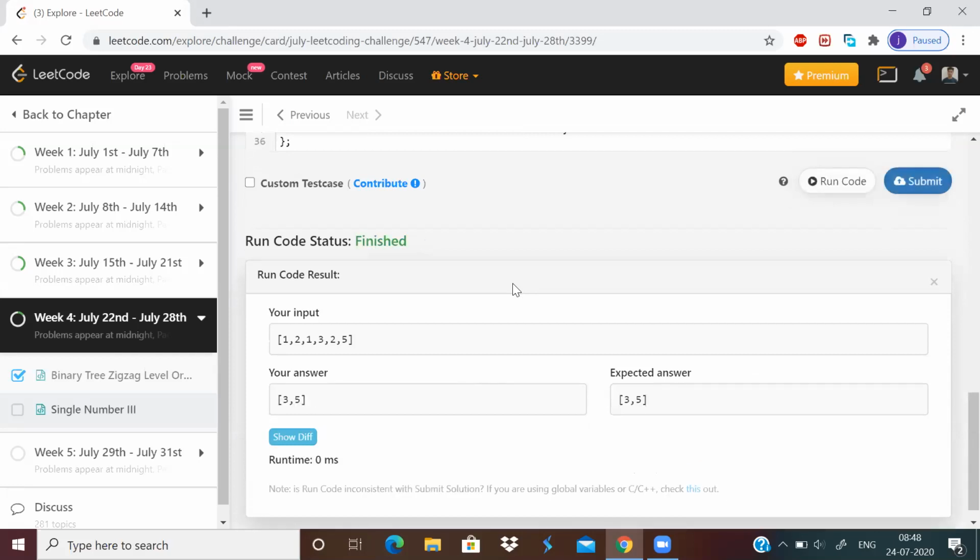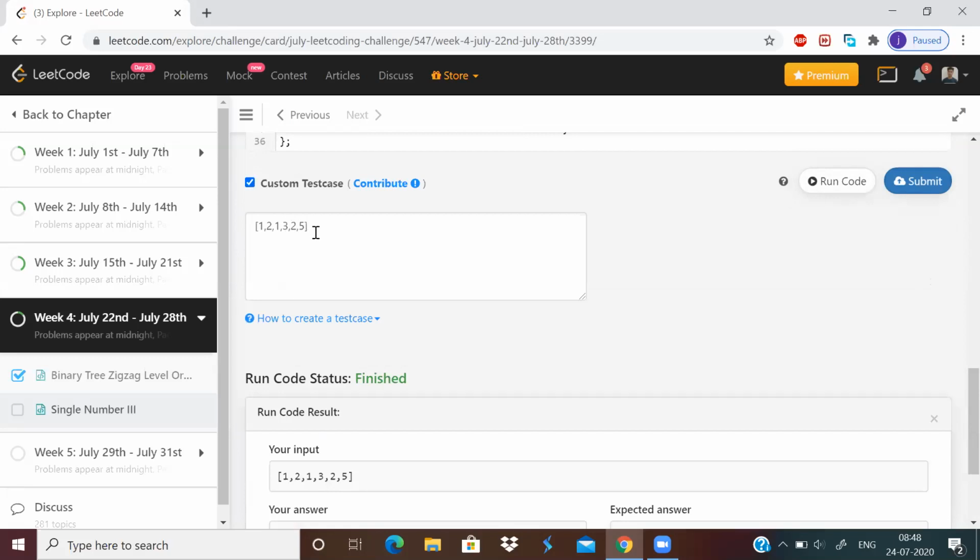Yeah, so you can see it's working in this array. My answer is 3 5 and the expected answer is 3 5, because 3 and 5 are the only ones appearing once. So I'll use this custom test case and put my own input to check whether it works on different test cases. I'll put 9 here.